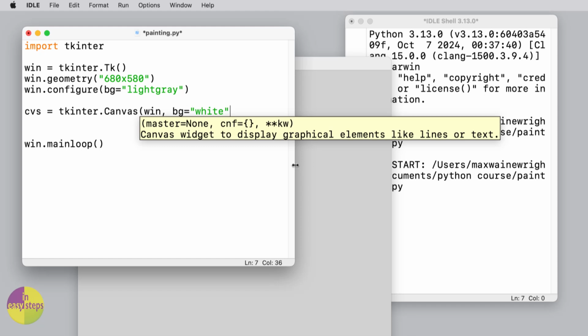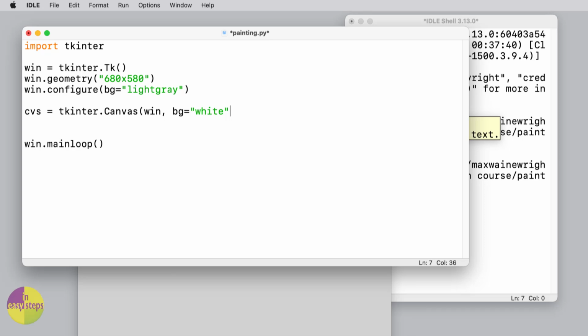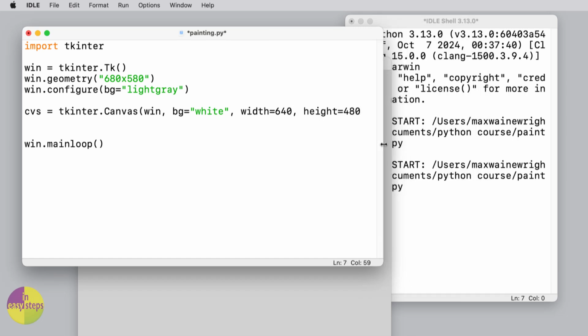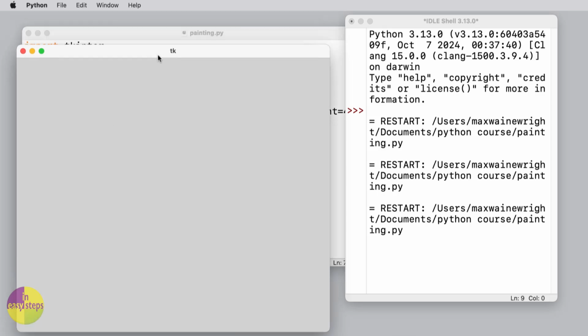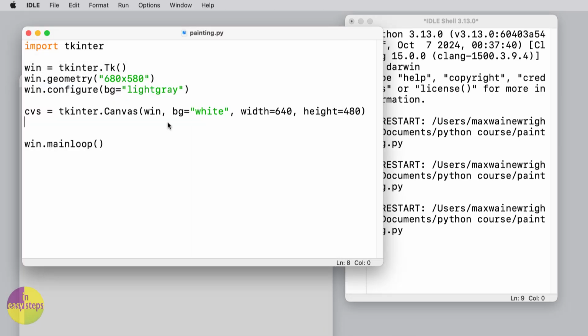I'll just widen this out because I've got quite a long line to type in here. What I'm going to need to do is set the width and height of it. So I'm going to say width equals 640, height equals 480. And just put a bracket on the end of that. And then I'm going to save that. And if we run that now, we should see our canvas appear on it, but we forgot to place it actually. Sorry about that. So we'll do